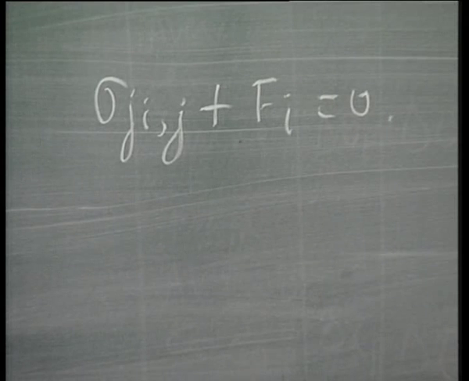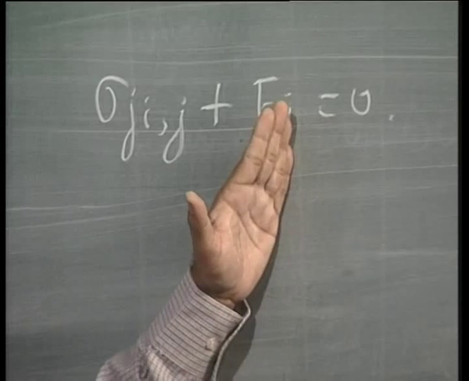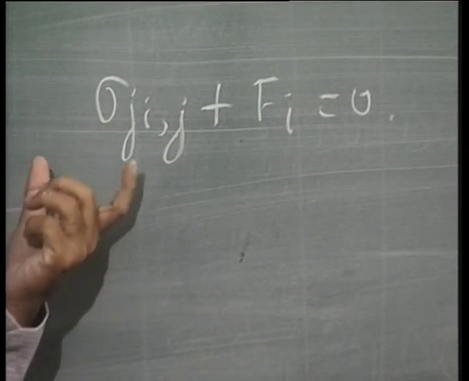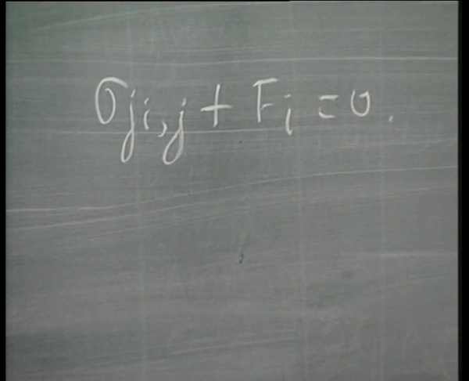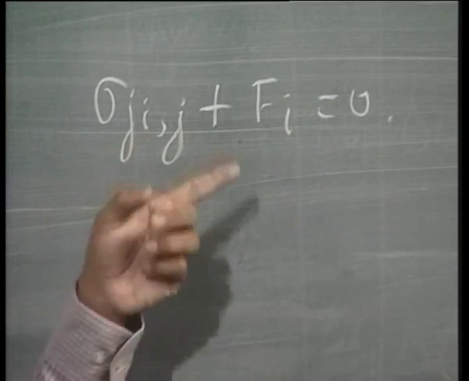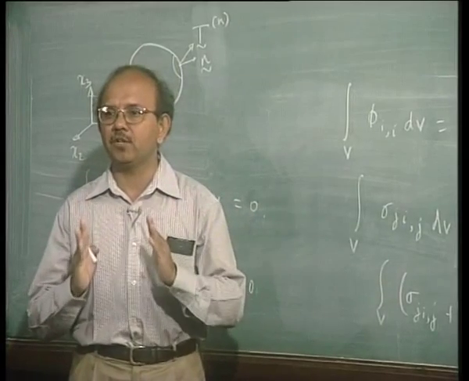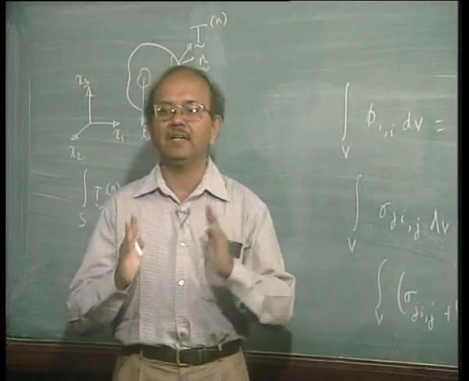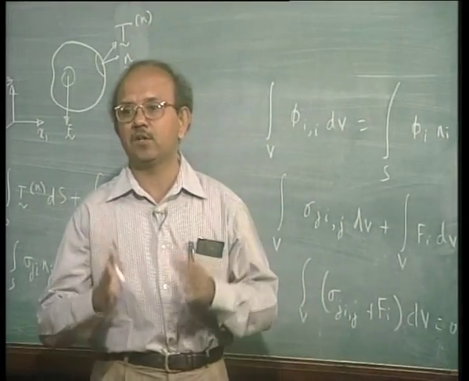Students tend to make a mistake: this i is not a repeated index. This i sits in one part of the term, and this i is in another part of the term. So the repeated indices are valid only if it is grouped like this. Is that clear? So you should not say that this is one equation because both j is repeated as well as i is repeated. Because please note, ultimately the summation operation signifies a tensor operation. Summation operations signify a tensor operation,